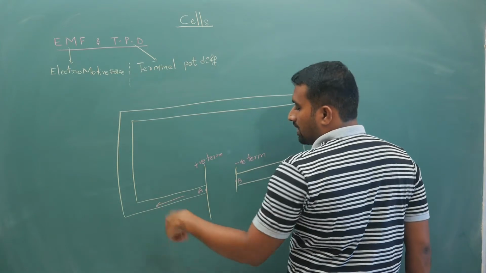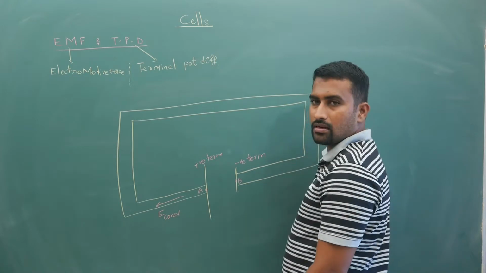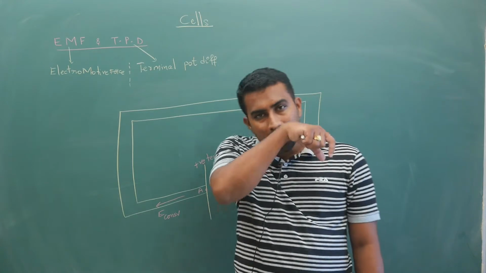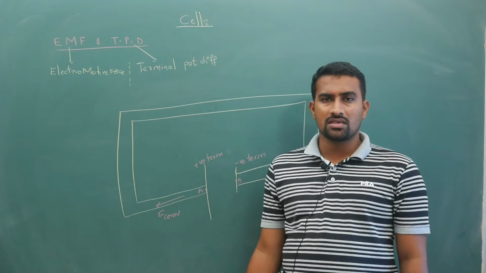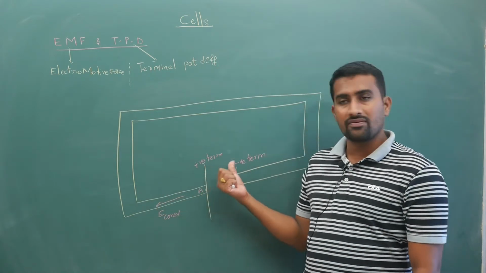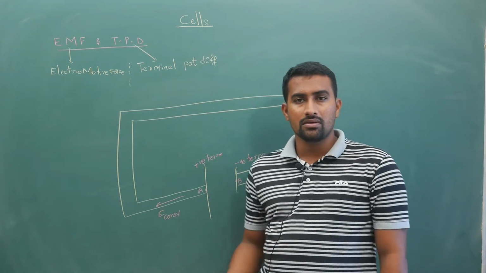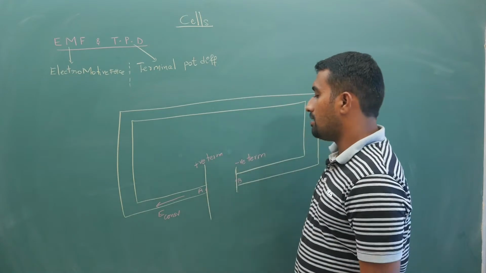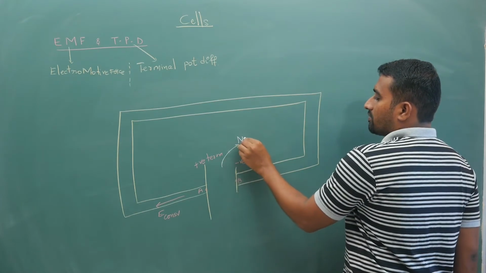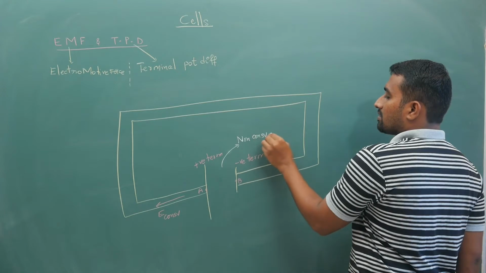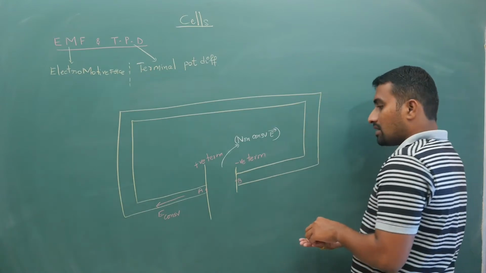Outside this battery you will have something called a conservative electric field, because whenever there is movement of charge, obviously that is because of potential difference. If there is potential difference, there is a field. So there is some potential difference between the positive terminal and the negative terminal, which means there is some electric field. So you have a conservative electric field outside the battery, and inside the battery you have a non-conservative electric field.